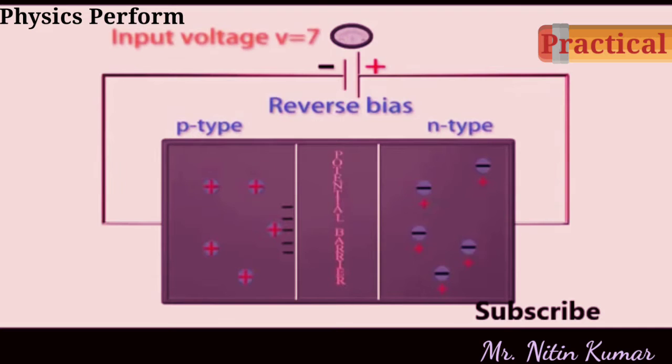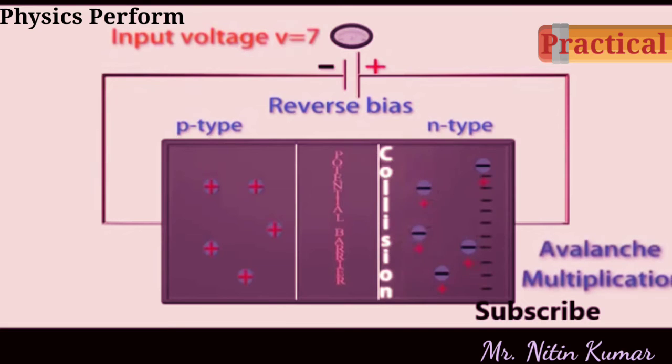As you increase the voltage further, at a certain voltage the electrons move with high speed and collide with the crystal ions. This creates more electron-hole pairs. This process occurs continuously, due to which we have an extremely large amount of charge carriers. It is known as avalanche multiplication. This reverse bias voltage is also known as Zener breakdown voltage.